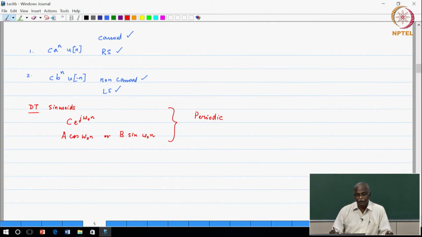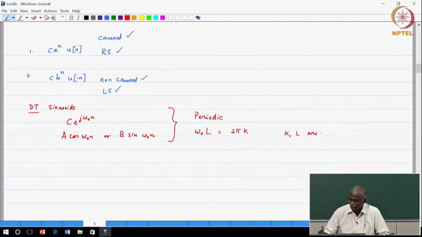So, the periodic property is valid or holds for a discrete time sinusoid if we can find an integer L such that omega naught L is equal to some integer multiple of 2 pi. So, basically k, L are integers, and very often this is stated as a condition which says discrete time sinusoids are periodic if omega naught